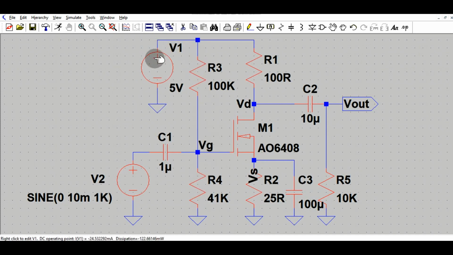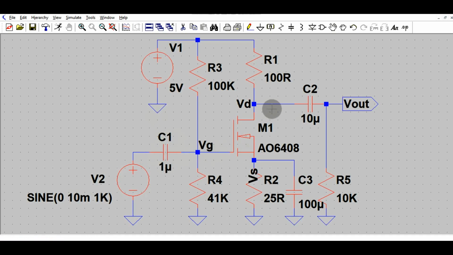Then we have the resistor divider biasing. It is connected to the 5-volt power supply, and the same point goes to the drain resistance. It is connected to the power supply and the other end is connected to the drain of the MOSFET. Then you have here the source resistance and this is the bypass capacitor C3, and C1 is the decoupling capacitor.